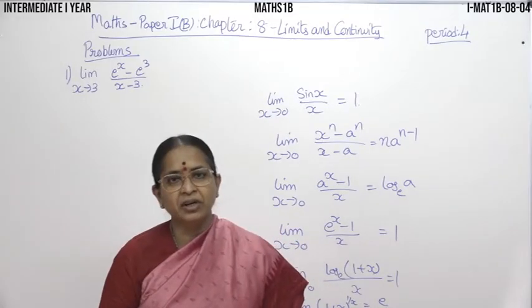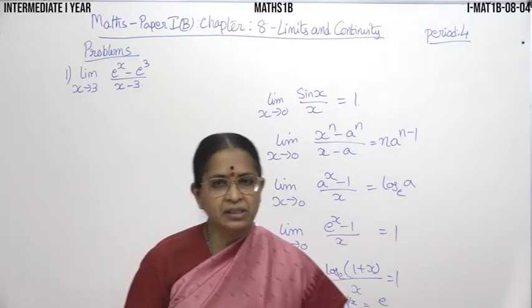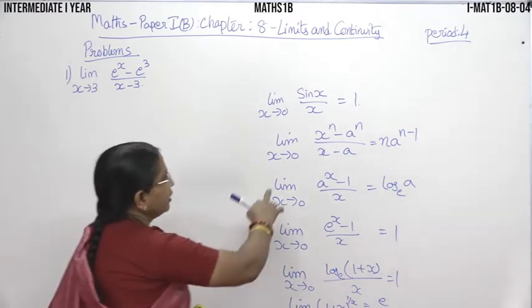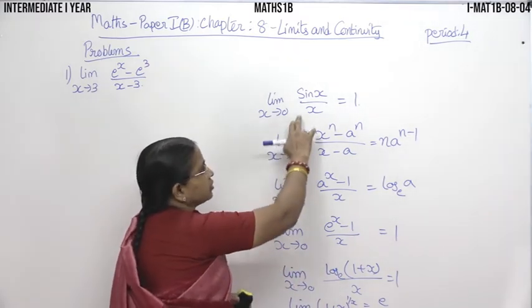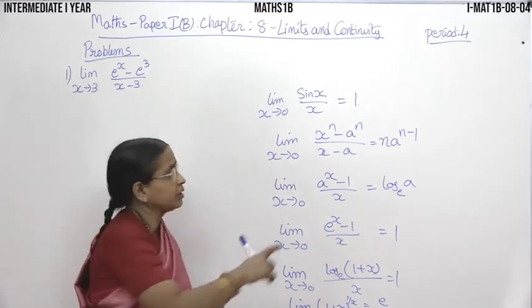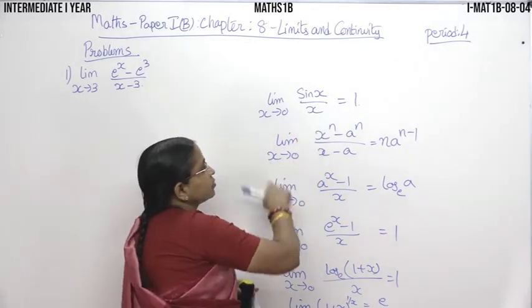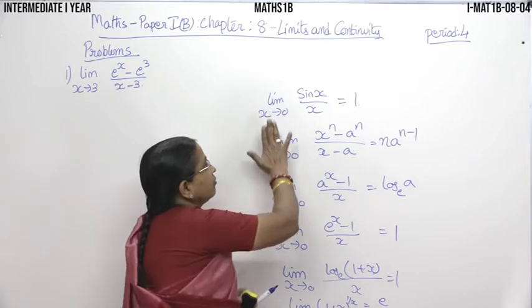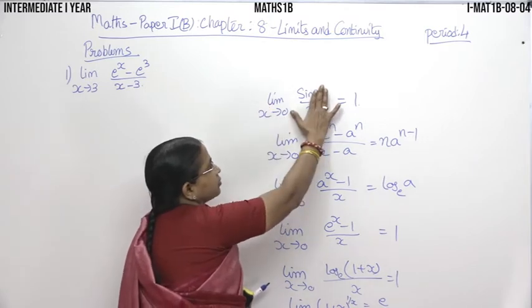Good morning, children. We'll continue with the problems. We'll just revise this formula. We have limit x tending to 0 of sin x by x is 1. X should be in radians. So, in all these formulas, as I said, whatever you have here, the same thing should be here and here,